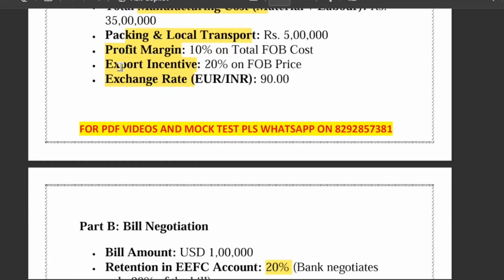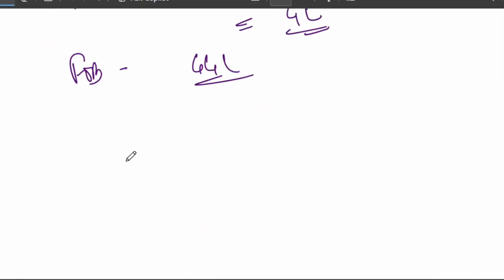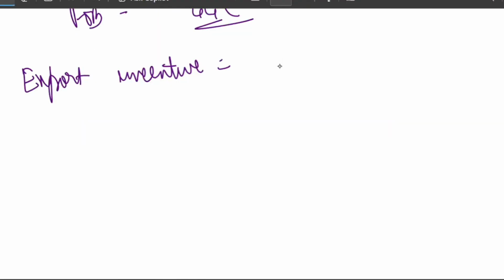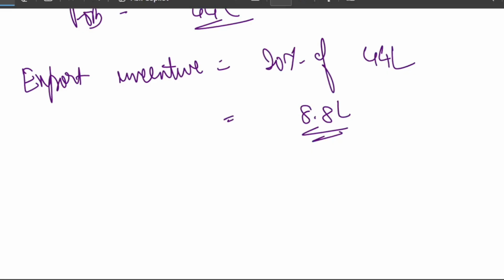20% on FOB price. So tell me whether this export incentive has to be added or subtracted. What do you think? So export incentive has to be added. Please understand, this export incentive has to be added. How much is it? It is just 20% on FOB value. So 20% of 44 lakh, how much will that be? 8.8 lakh. So final realizable value